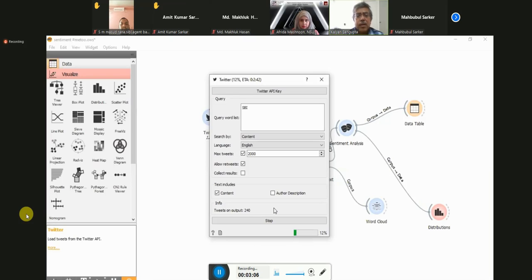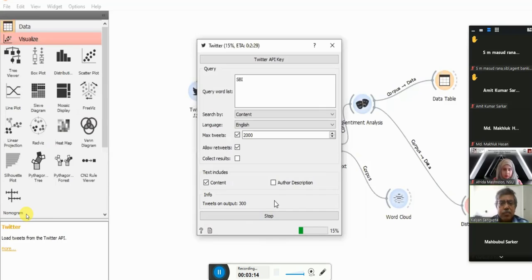It will generate speed slowly, and only the relevant tweets are coming and getting into my data, which is there in the Orange software.